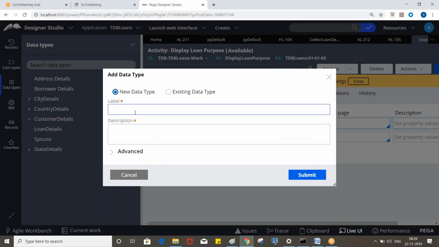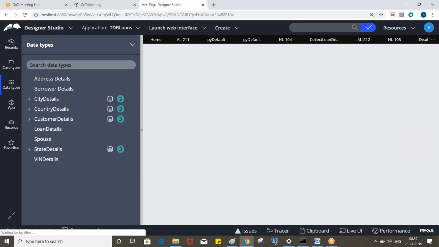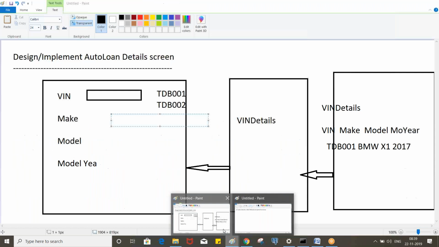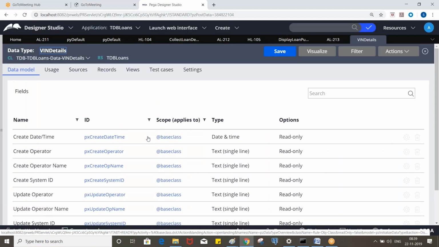Add data type. Yeah. So VIN details. So what are the properties required here? Look at this diagram. Yeah. So VIN, make, model, model year.